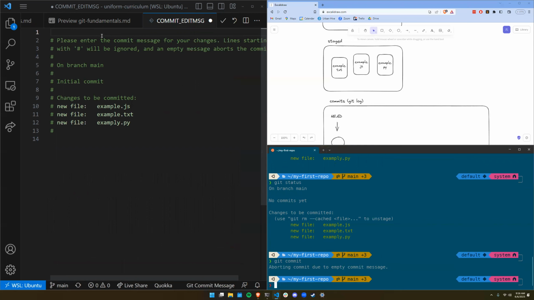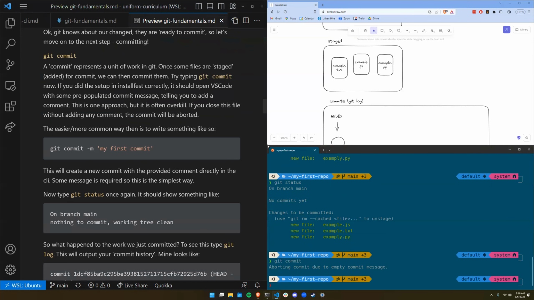And if we didn't set it up for VS Code, it would have done this in Vim. But this tends to be a more cumbersome way of doing it. And as you could see, even though it was supposed to wait for me to finish typing and then save the commit, and only if it was empty would it abort it, it got confused. So I'm just going to close that,